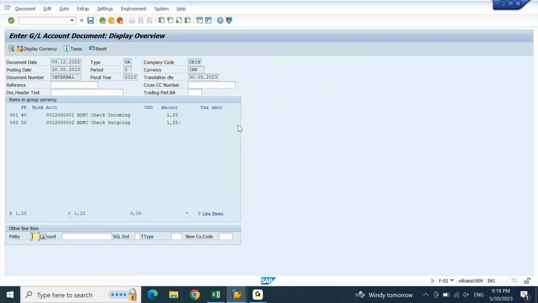Are we giving this group currency value, or is this something coming automatically from the system? Automatically. It is coming automatically from the system. We are not doing anything. We are not posting anything in dollar. Dollar value is auto updated by the system. Am I correct? Right? This is just a conversion number of your local currency that you have given manually. Is my statement correct?